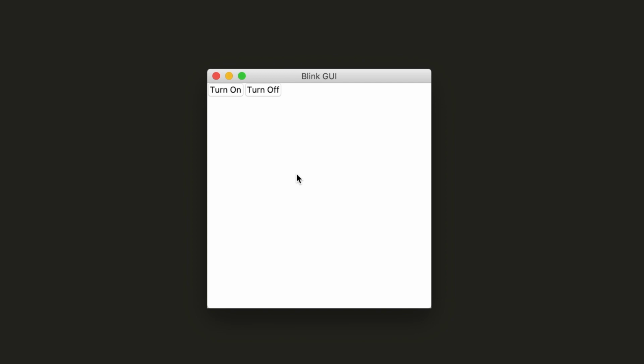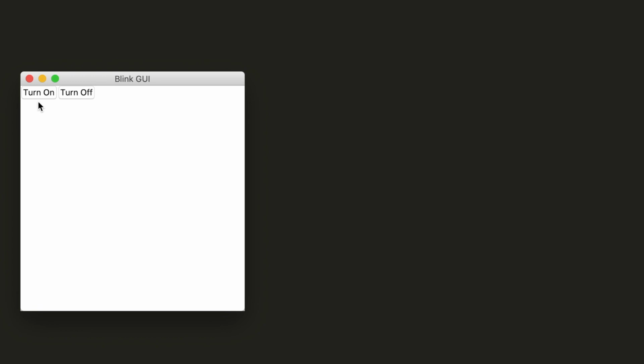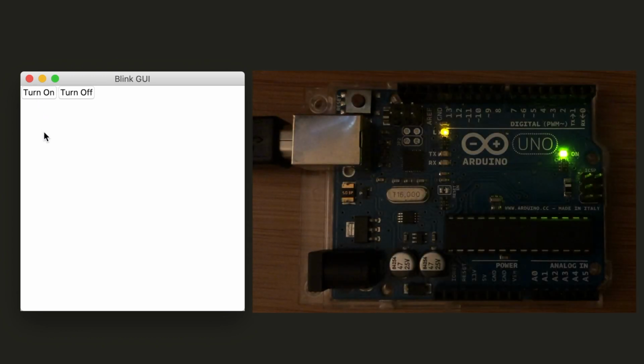Hello and welcome to this video on how we can make a Python GUI to interface with our Arduino. Note that there are two on and off buttons controlling the built-in LEDs on the Arduino board on the right. We can turn this LED on and off. And in this video you'll learn how we can program this and how all the pieces of software interact and